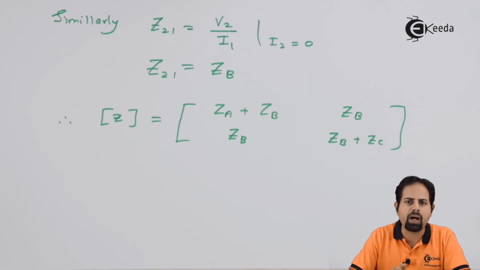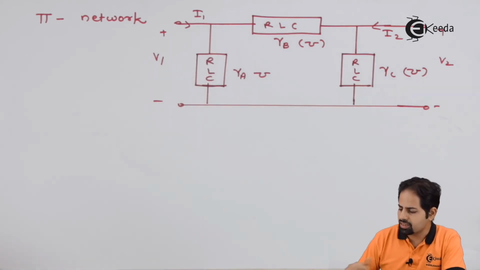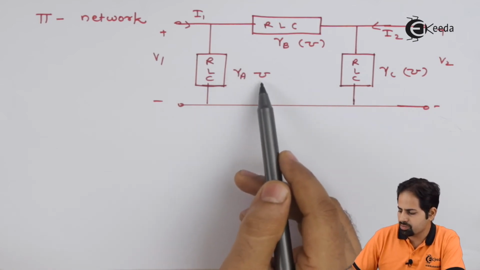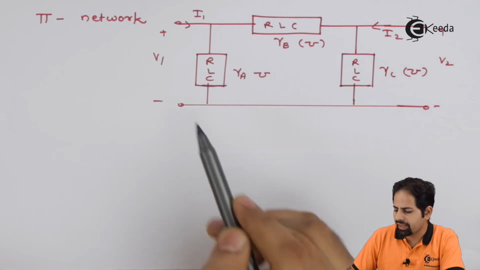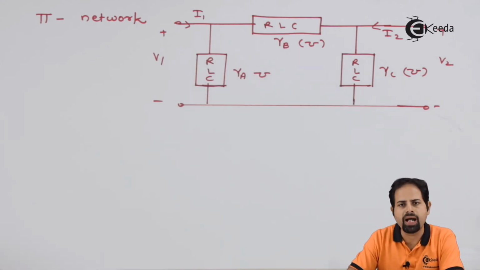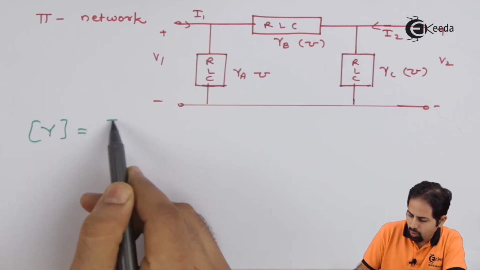Now we will see what is pi network. You can see here that these elements or RLC or admittances, so they are in units mho, exactly reverse of ohm. They are connected in a pi-shaped structure. That is why this network is called a pi network. Now for this network, we will get the Y parameter, because it is convenient to solve for Y. So we know that Y parameter is